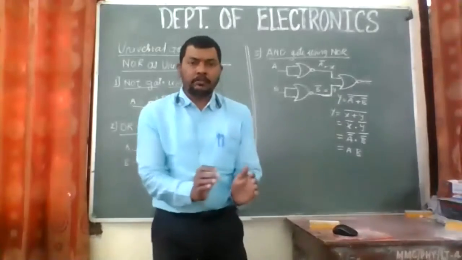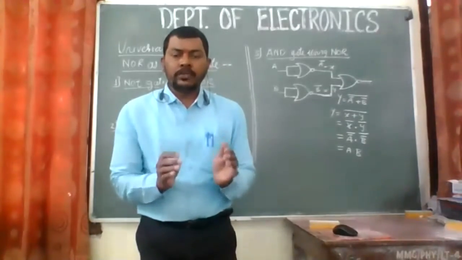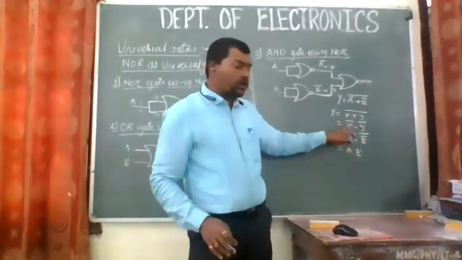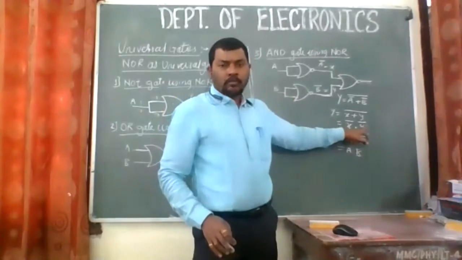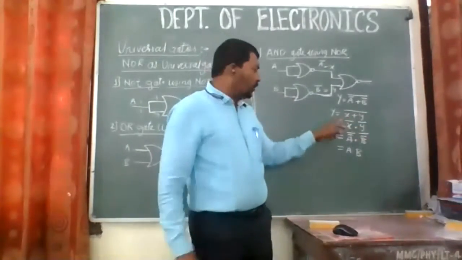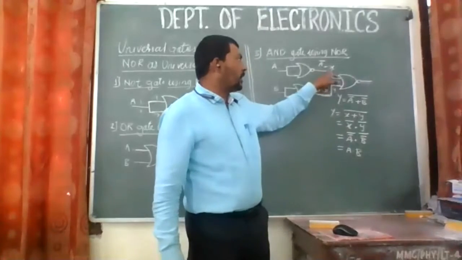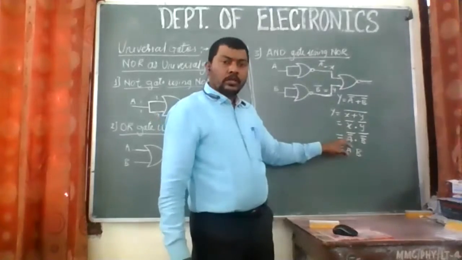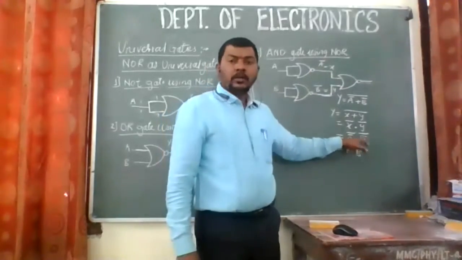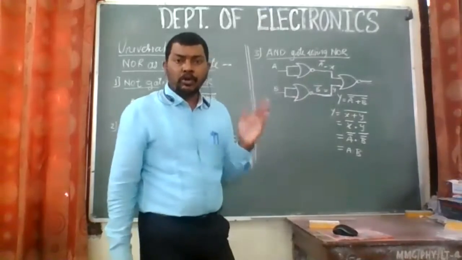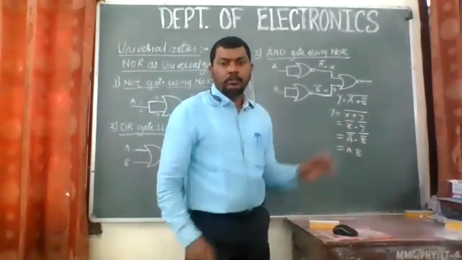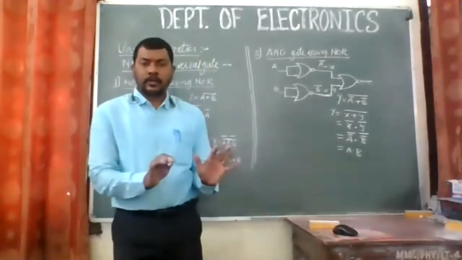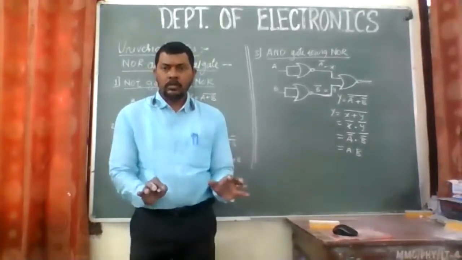Now, using De Morgan's theorem, the first statement of De Morgan's theorem, complement of the sum is equal to product of complements. So I'm making product of complements, X complement dot Y complement. Now substitute the original value of X and Y. We have taken X equal to A complement and Y equal to B complement. So I'm substituting those. Then we have A double complement dot B double complement. The complements get cancelled, and we have A dot B as the answer, which is actually the Boolean expression of AND gate only. Have you understood now?